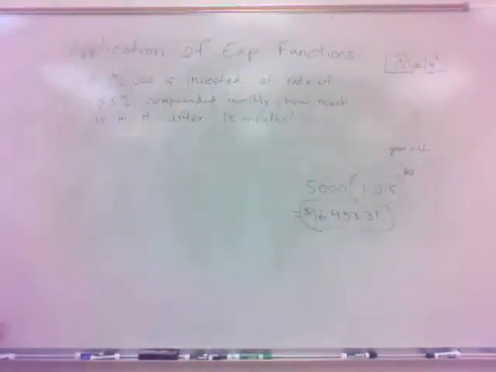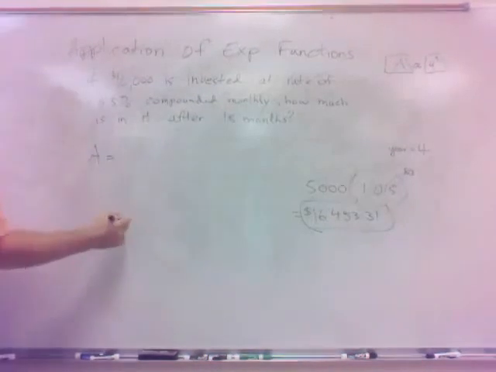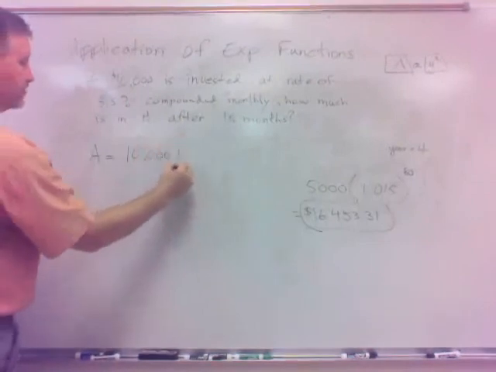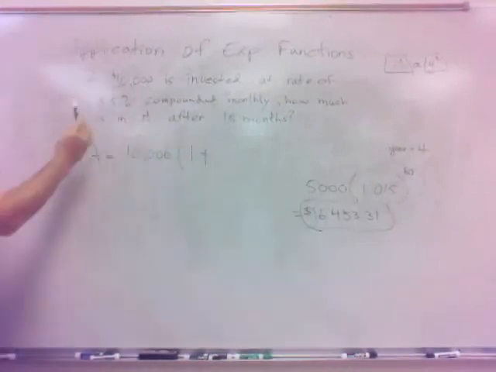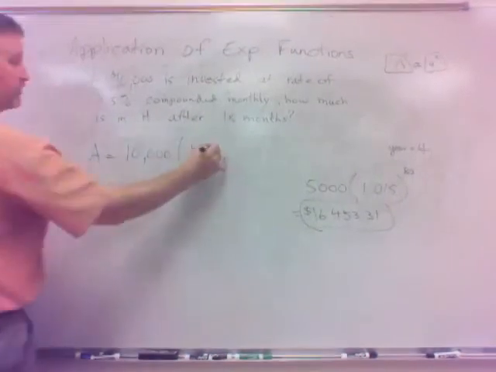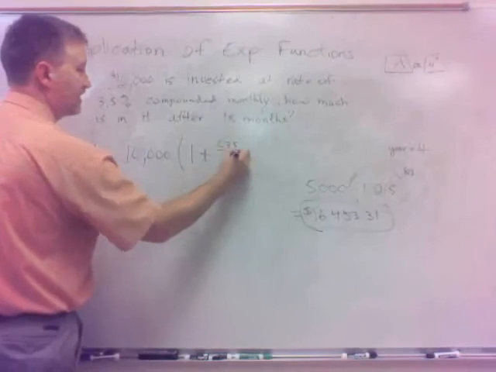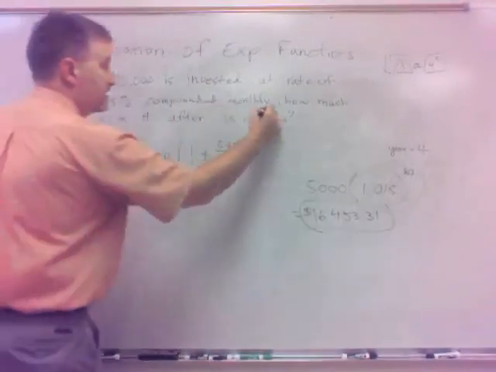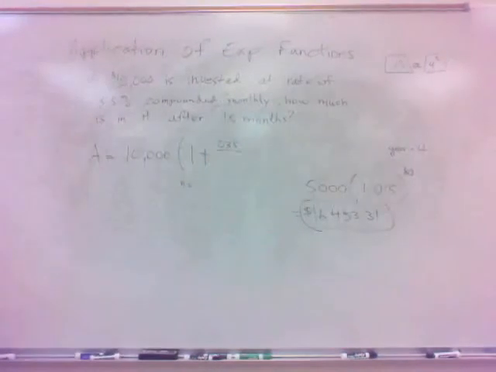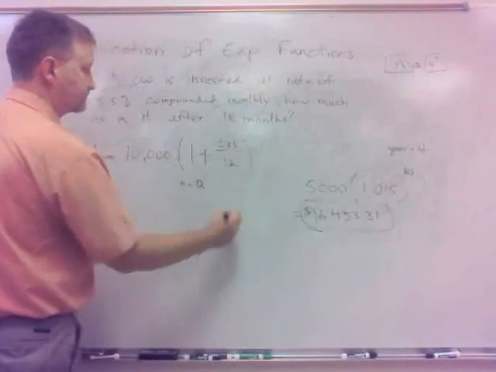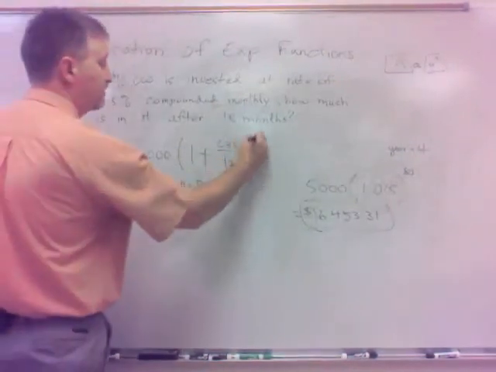Well, the formula says A equals, what's the principal here? 10,000, the amount you start with, is the principal. 1 plus R, what goes for R? Well, it's 3.5, but don't let that fool you. You still got to move it 2 places back, don't you? So it's 0.035 divided by N. What's N here? Well, it's compounded monthly. N is the number of compoundings per year. So if it's going by month, it would be 12 months, right? So divide by 12. And then raise that to the 12 times